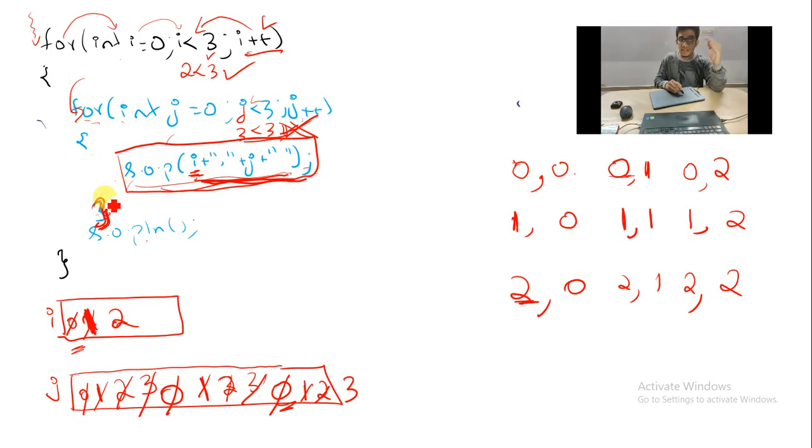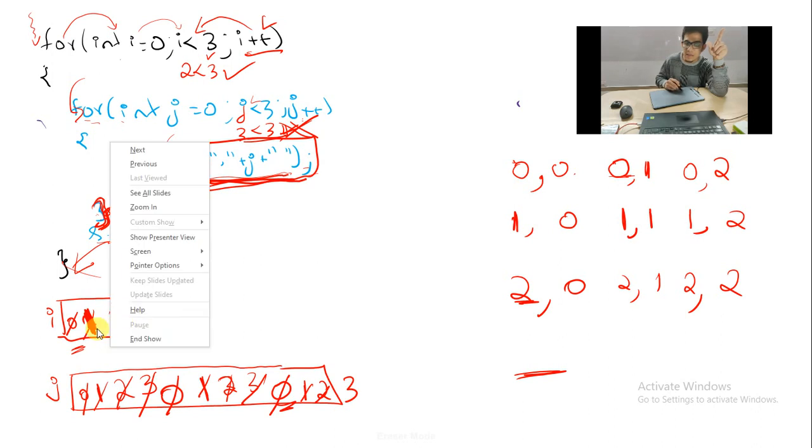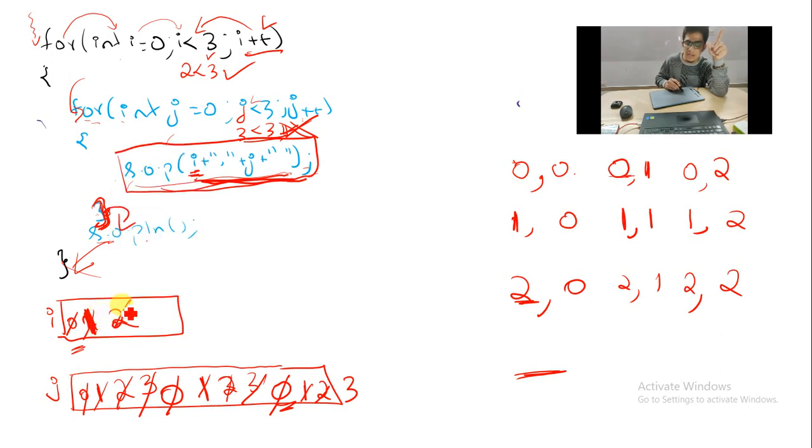If the condition is false, it comes out of the j loop. Yes, control has come out of the j loop. You are telling println, so the cursor from here will come and blink here. Okay, it has come to the new line. Now it will see the closing bracket of the i loop. So i plus plus happens, and the i value becomes 3.